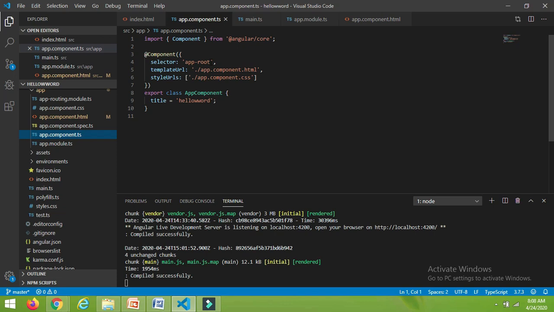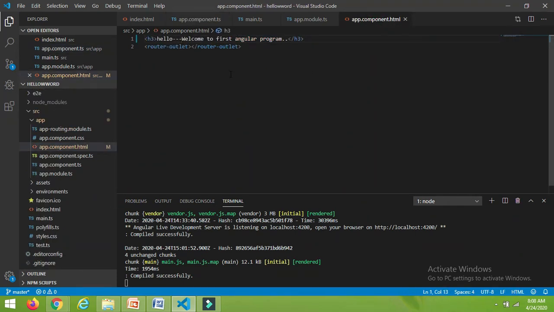Once the app.component.ts file got loaded, index.html will find that we have the tag called app-root, and the same name is the selector for one of the components. At that time app-root will be replaced by the code of the template, that is app.component.html. That's why we are getting the content of app.component.html.